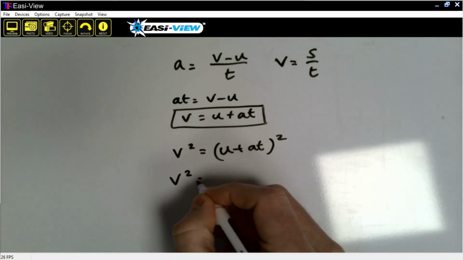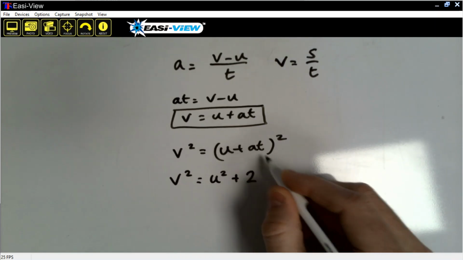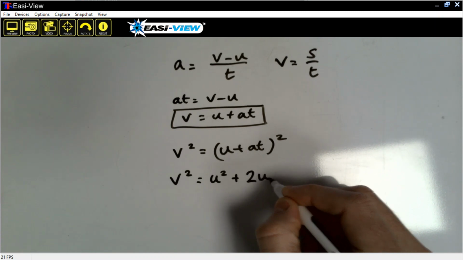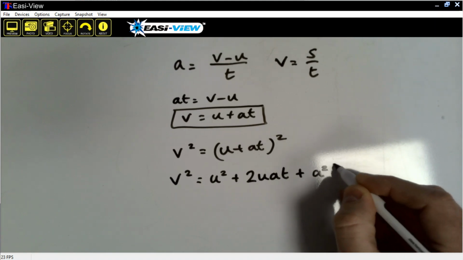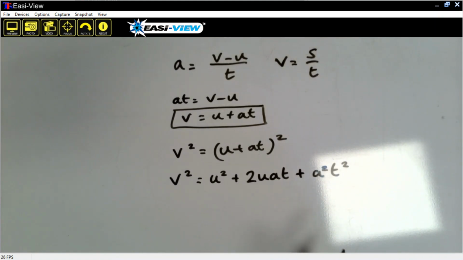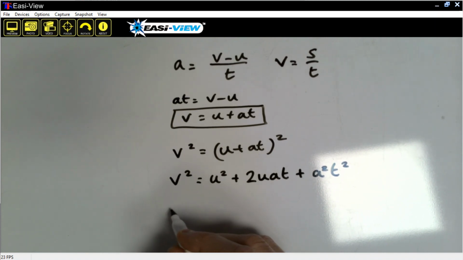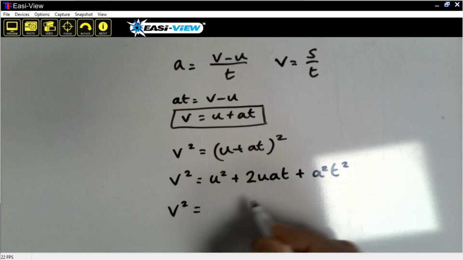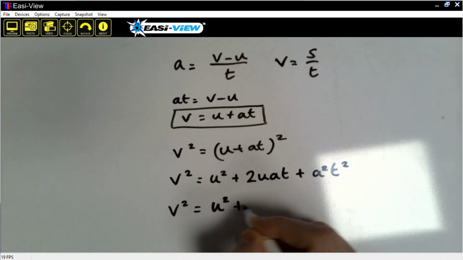And I end up with v squared equals u squared plus two lots of these two multiplied together. So that's uat, and then this whole thing squared, a squared t squared. So I end up with that, and it doesn't look necessarily like we're approaching what we're looking for. But what's quite nice and quite neat is then you can say that if I pull out the 2a from this, I get that u squared plus 2a